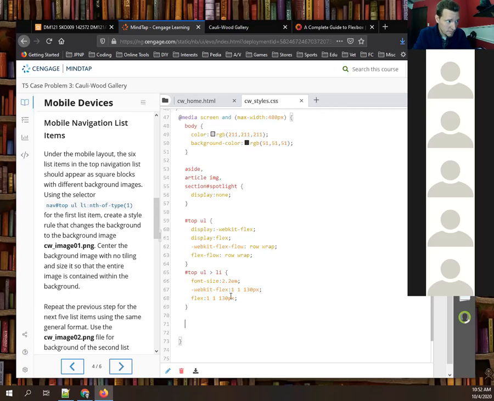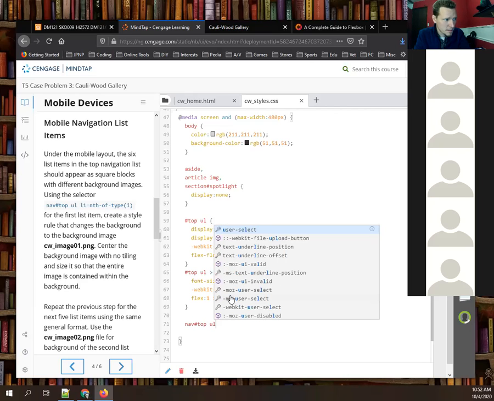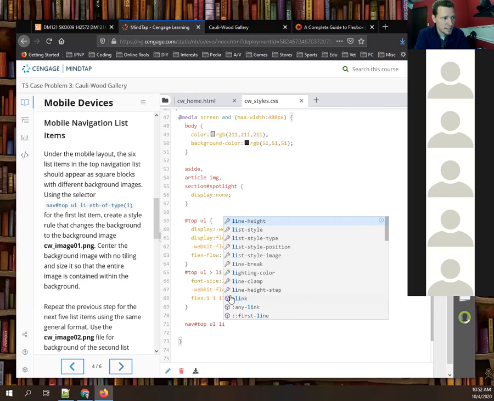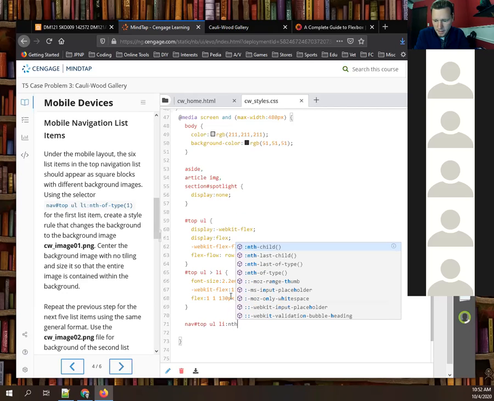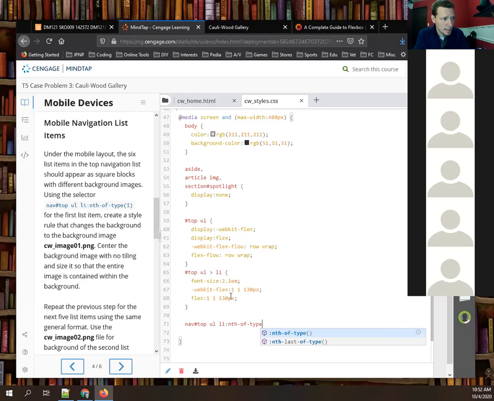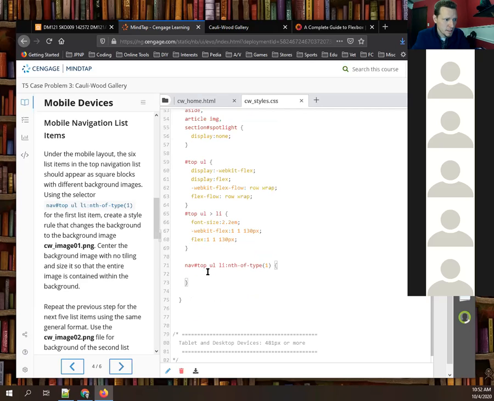And they've given us the rule: nav item ID top, an unordered list inside of that, an li inside of that, and then this selector nth-of-type, and the number for nth. We're using a little bit of math here, right? Some algebra. Nth-of-type is the first item of that type. And they've told us to do the